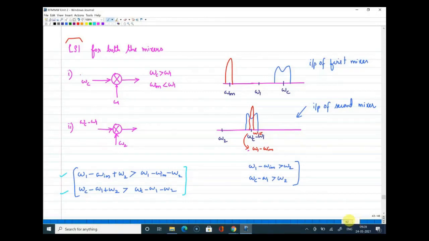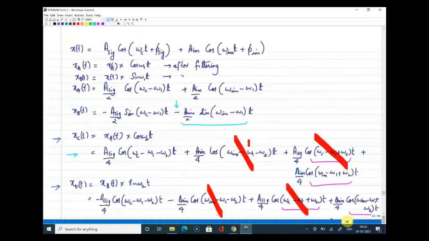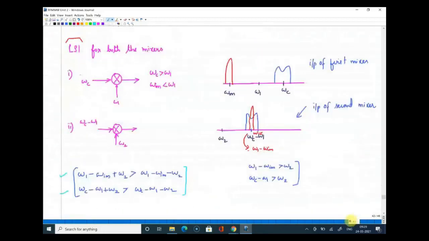So generally when we say LSI or HSI, it is always with respect to the signal. But in the case of the Hartley receiver, when we analyze the spectrum at the output, we could differentiate the components because of LSI and HSI. That is why we specifically use that term: for signal it is LSI and for image it is HSI, something like that.